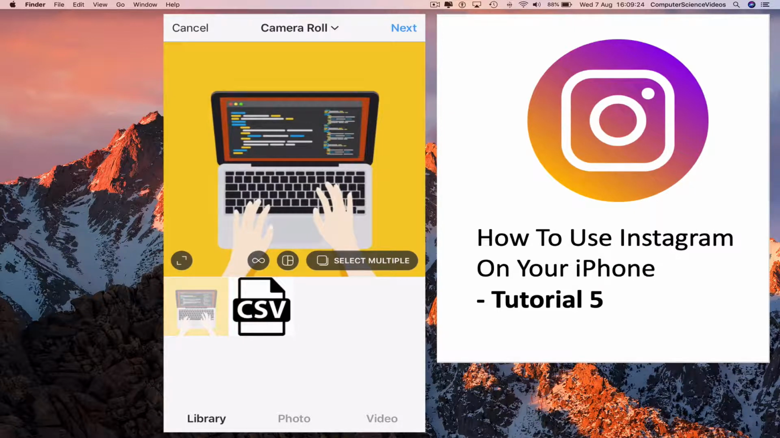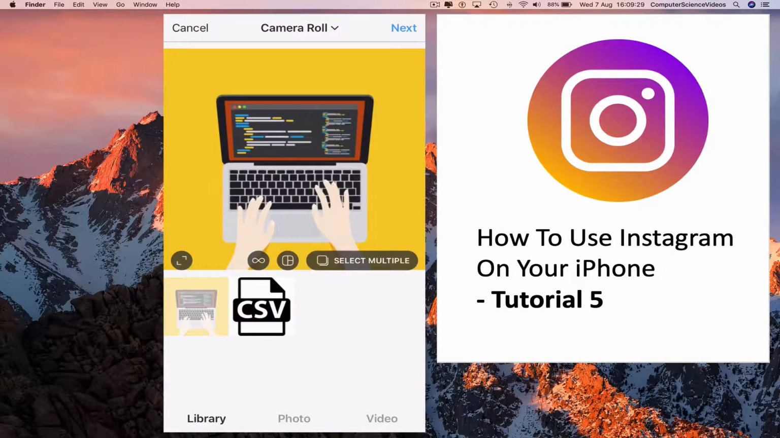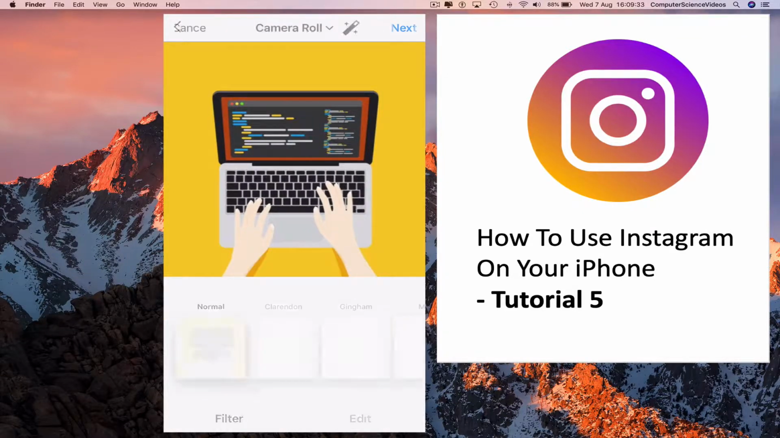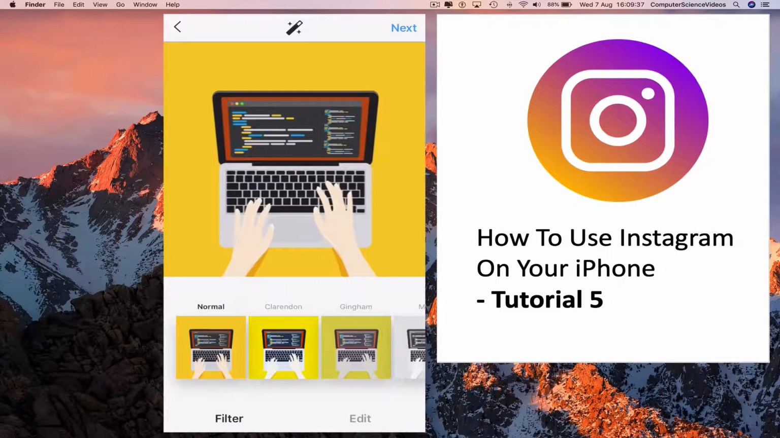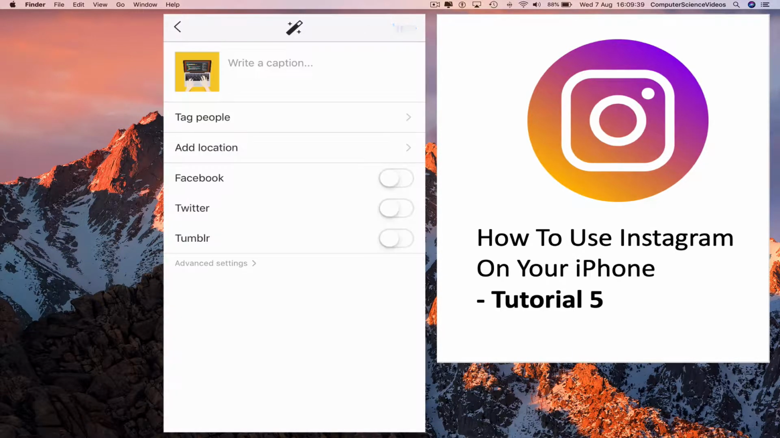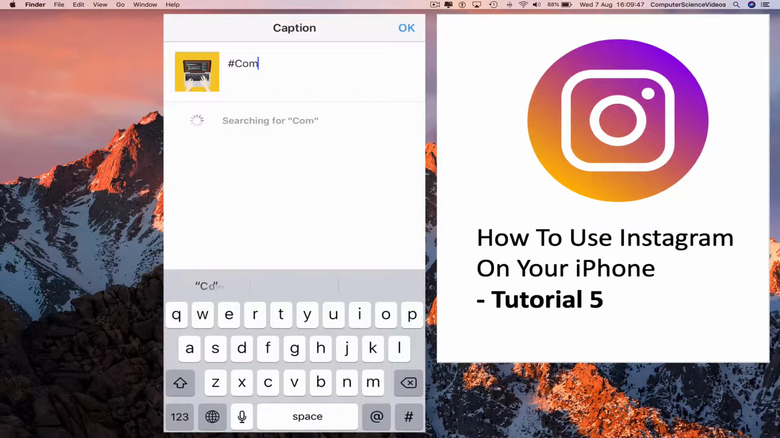have the photo cropped or the original photo. For this tutorial we will crop the photo, and now we can click next, change the contrast, different filters, click next again, and now we can type into the caption computer science videos,